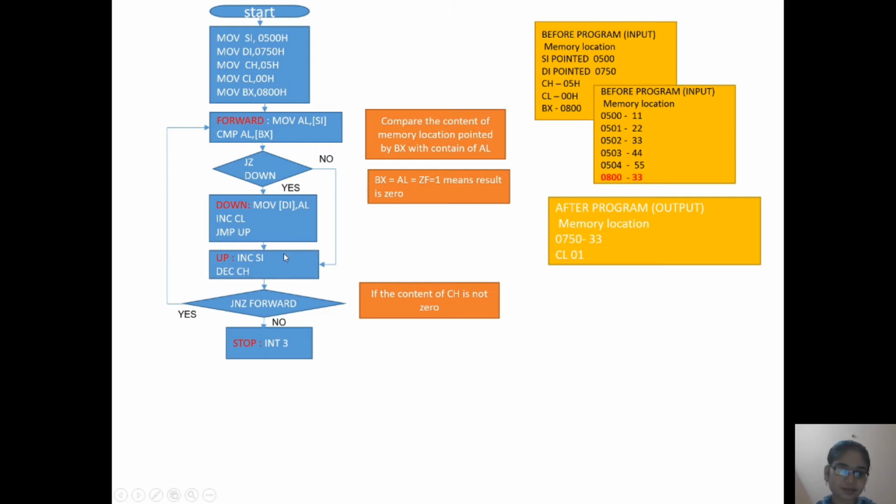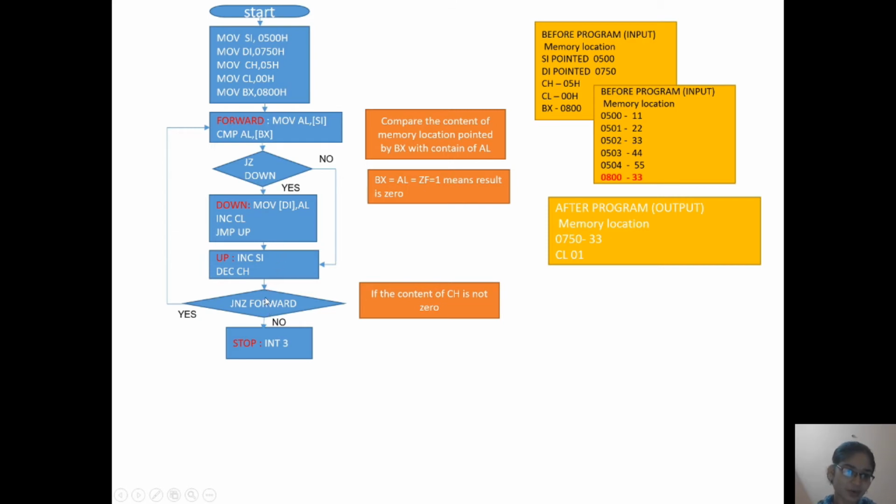So after this block the content of SI is incremented by 1 and comes to 501, and the content of CH is decremented by 1. Presently we know that the content of CH is 05. After this instruction, the content of CH is 04.